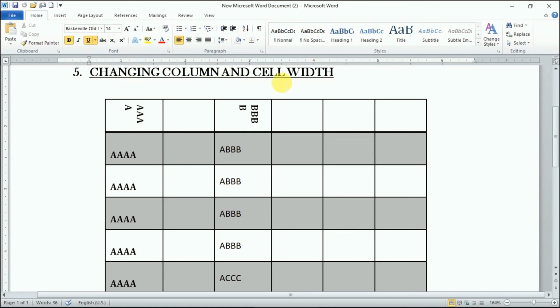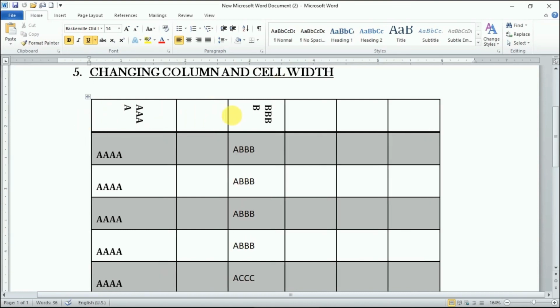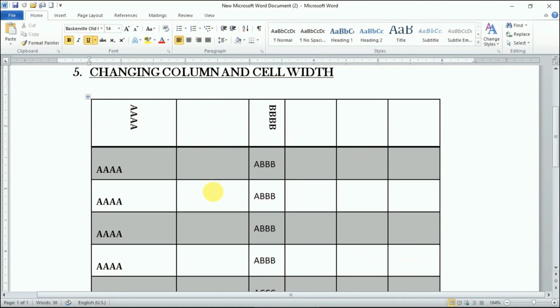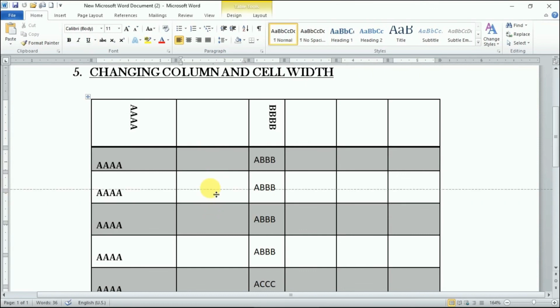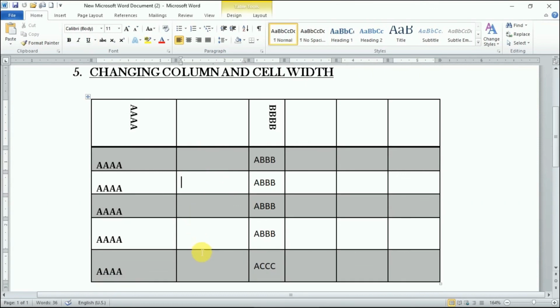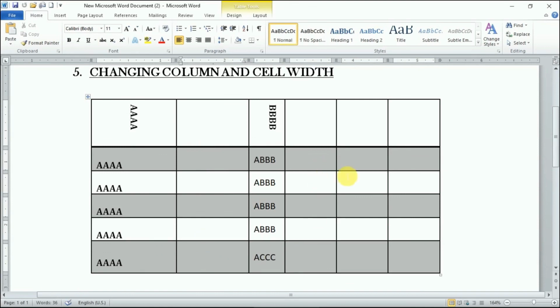So this was the one method. The second method is just come to the edges of the table and drag your table width and height, right? So this is the second and very easy method, right? So this is how we can change the cell and column width and height,